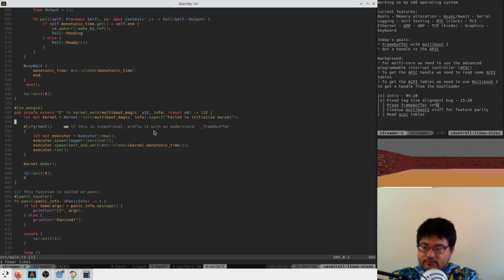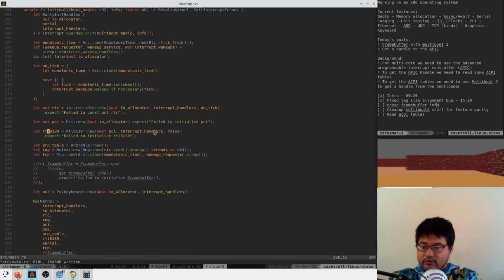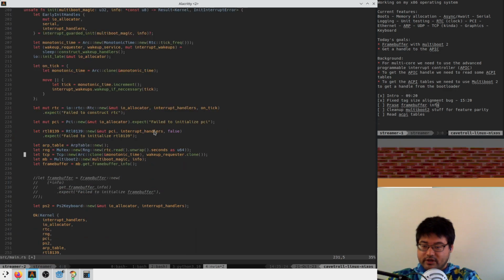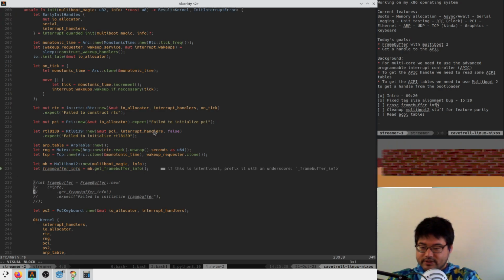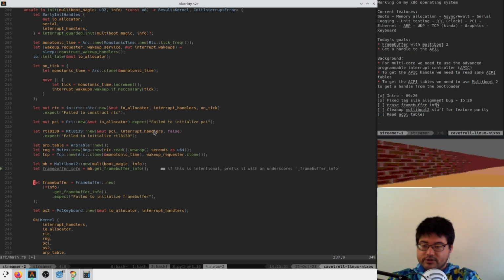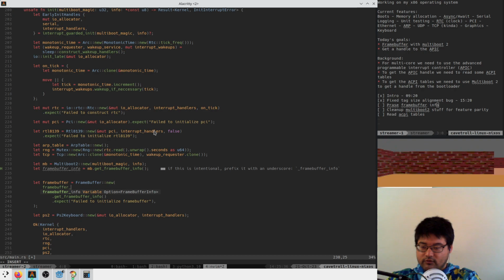Let's see. In kernel init, we're just going to do this. Which means that here we're going to do frame buffer is equal to frame buffer info.